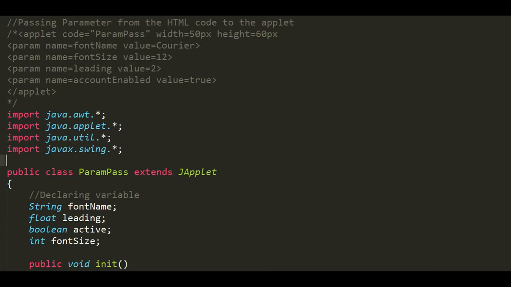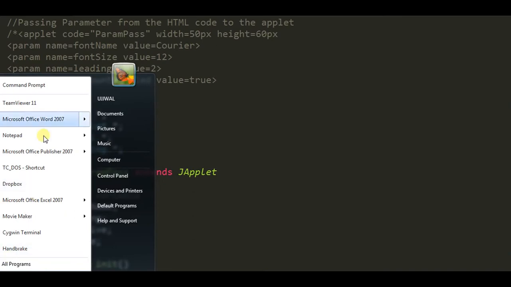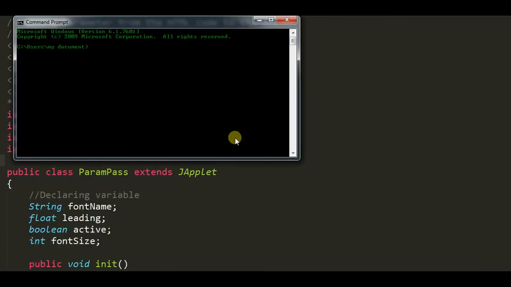Wait one minute, and this is our command prompt.